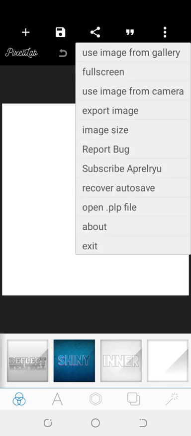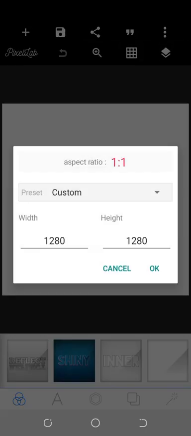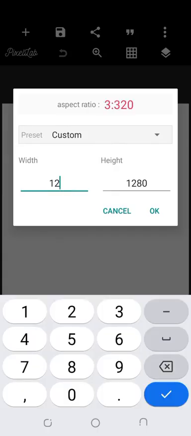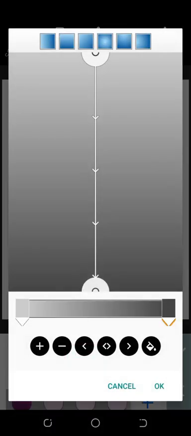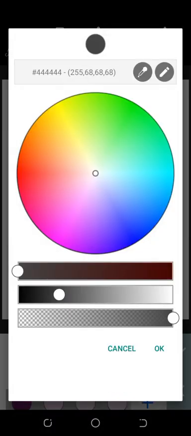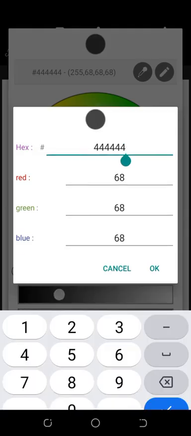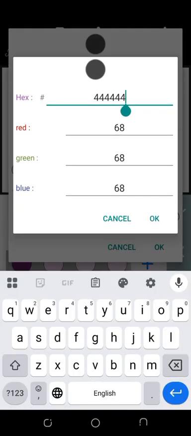I'm going to be creating a new workspace, and the size we'll be using for this design is 1080 by 1350, which is the portrait size for an Instagram post. For the background, we're making use of a gradient background. For the dark region, we are going to be using the color code